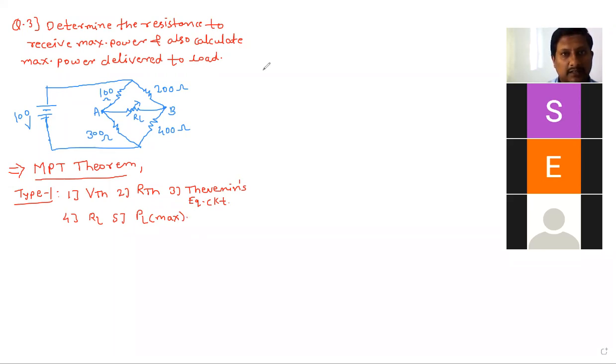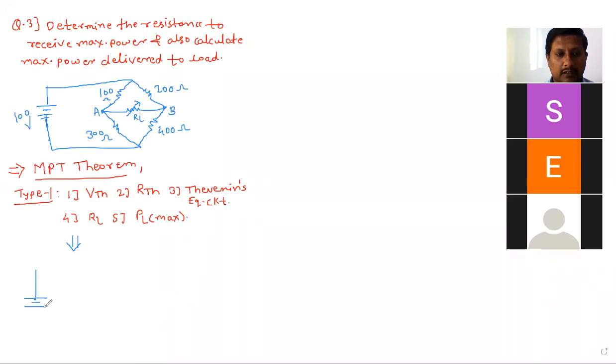Now here the circuit is in the different structure. As a structure, it is a little different. So first, what we can do, we can remove the load resistor and we can make A and B terminals open. That is our first step. And we can convert this circuit into simple rectangular. We are used to rectangular circuits. We can convert any circuit into rectangular. We can try at least.